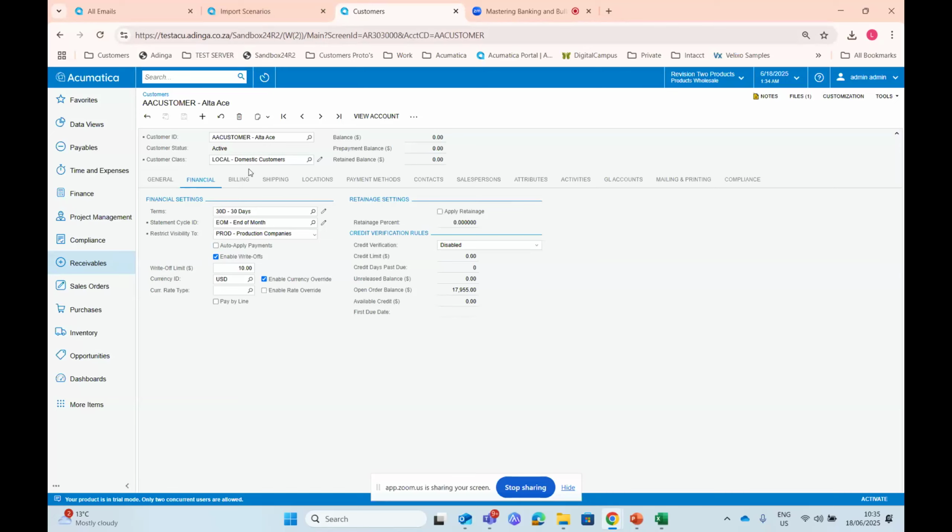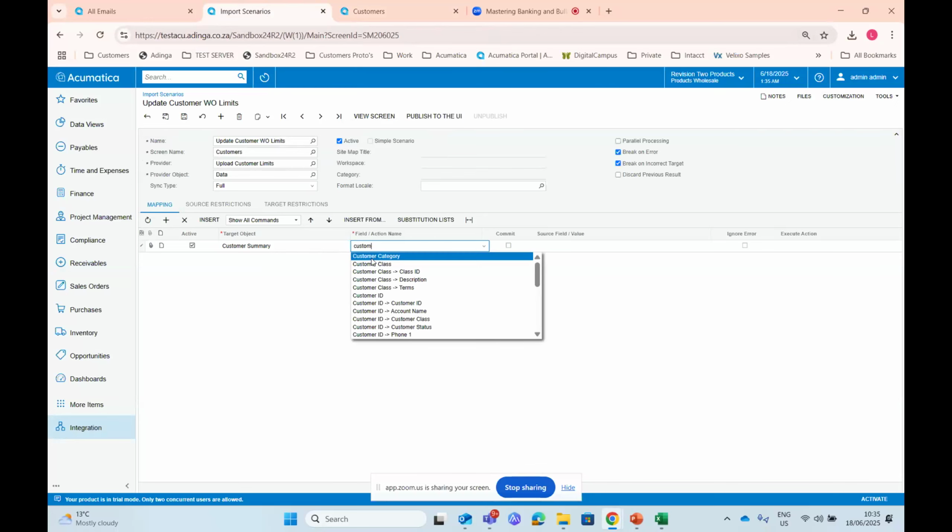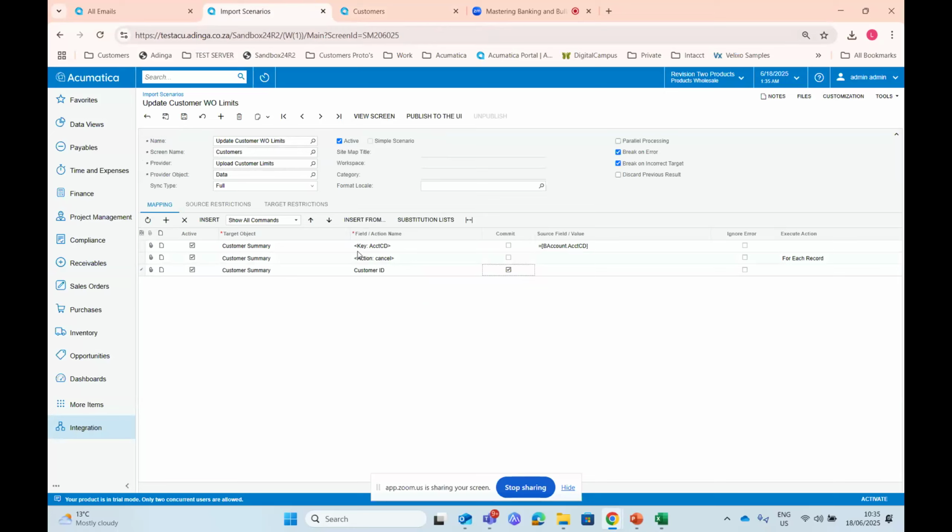So even if you wanted to update, say, your credit verification, you always look at the heading where it falls under. So I say, okay, that's my customer summary, and I put in my customer ID. By default, my keys will come up, so you don't have to worry about that.